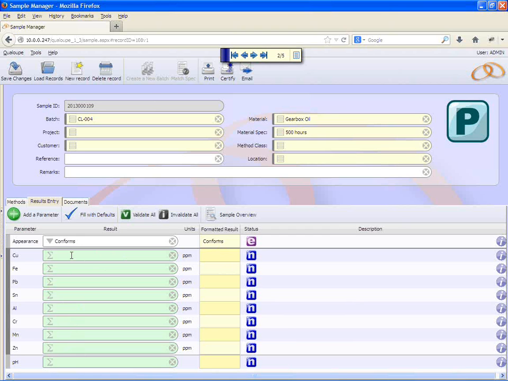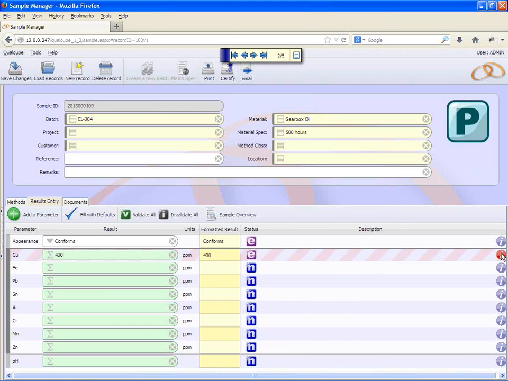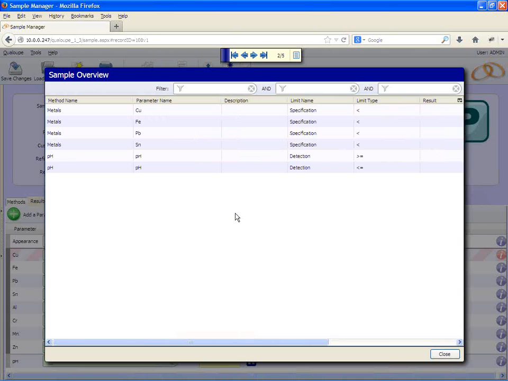Also, when I've been putting in a result that breaks a limit, and I say, oh look, here it is, it breaks a limit, if I click onto here, you can look up and see what the limit is. But there is another button here, Sample Overview, which shows you what all the limits are on all the parameters on this sample. So if I click on that, just wait a moment for the screen to open up. There we go. It's showing you the name of the method, the name of the parameter, and any limits that